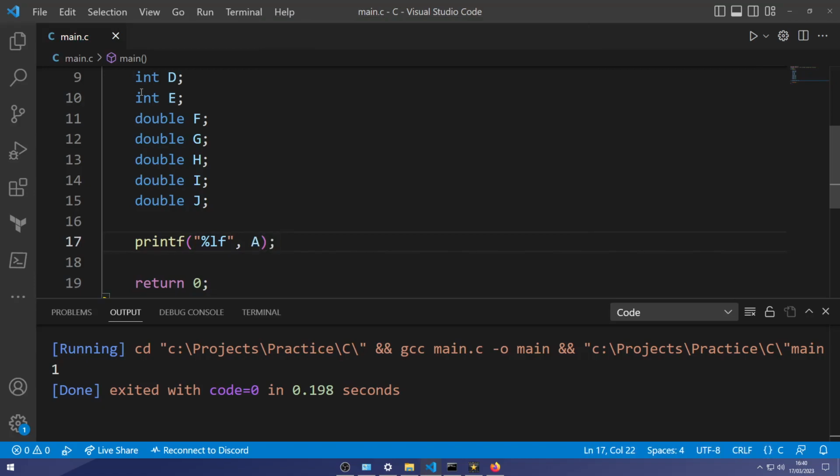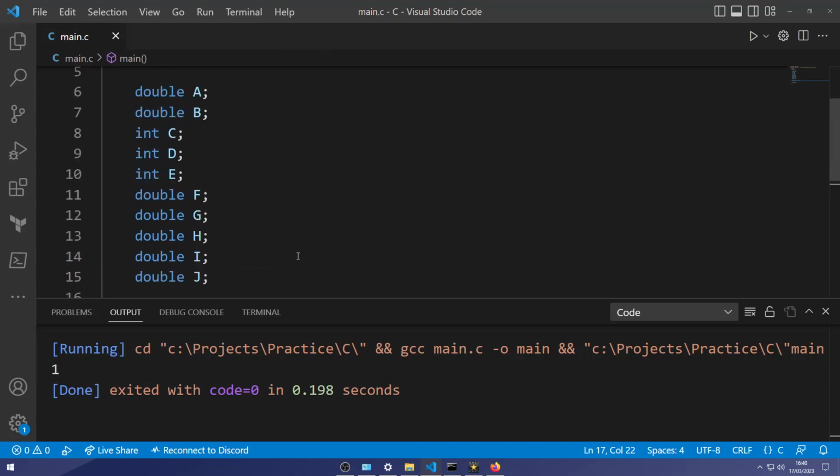So in order to call our double, we'll do %lf and use the name that we assigned to it. But we haven't assigned any values to it yet. So let's try this out.